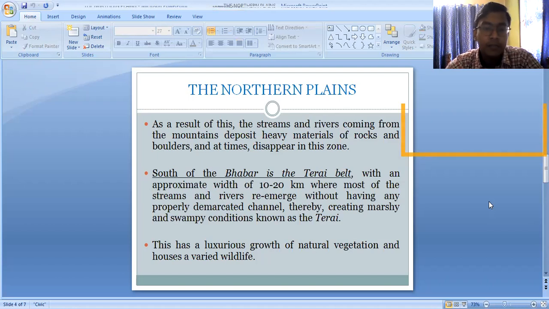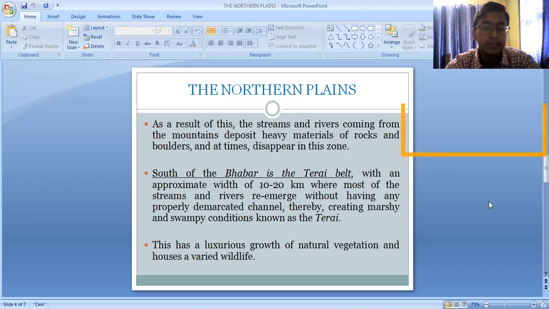After the Bhabar belt, which is 8 to 10 kilometers wide, there is the Terai belt. So the Terai belt lies to the south of the Bhabar. South of the Bhabar is the Terai belt with an approximate width of 10 to 20 kilometers, where most of the streams and rivers re-emerge without any properly demarcated channel, thereby creating the marshy and swampy conditions